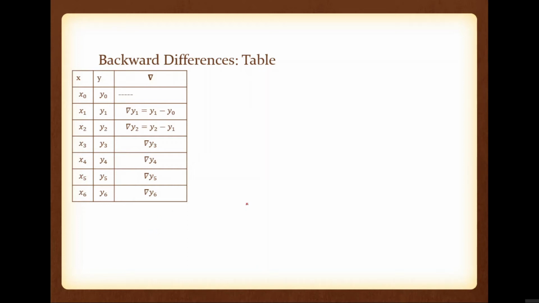Okay. Now what is the next one we have to find? We have to find del square y. So always we are starting from del square y6, right? We are finding from the last element. If we have up to yn, here we have del yn, then here we have del square yn. So here we have up to y6, so we have to find del square y6. That one is a bottom point.